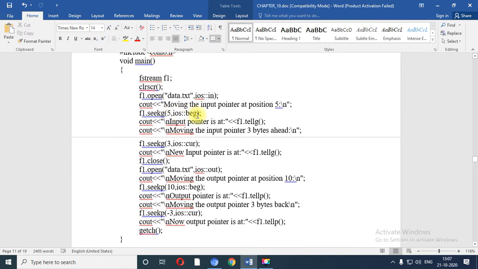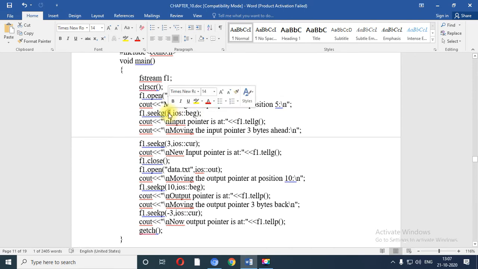First of all, from the beginning I want to move to the 5th position. Now f1.tellg is there, which gives the current position of the input pointer. My current position is naturally 5.